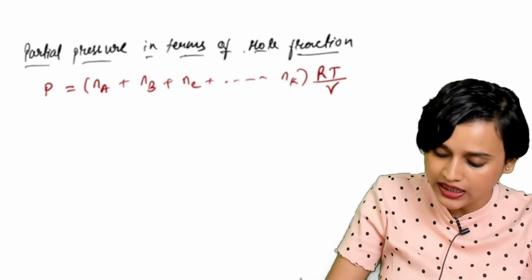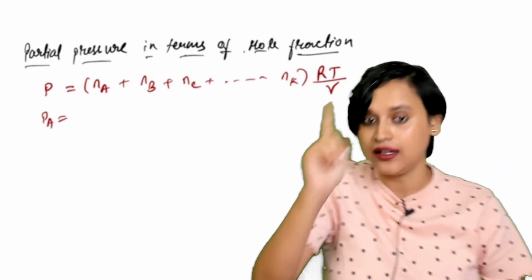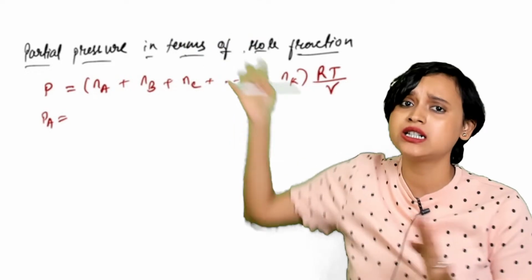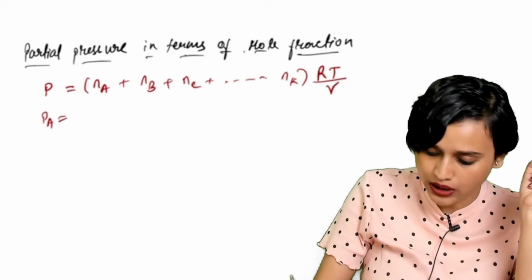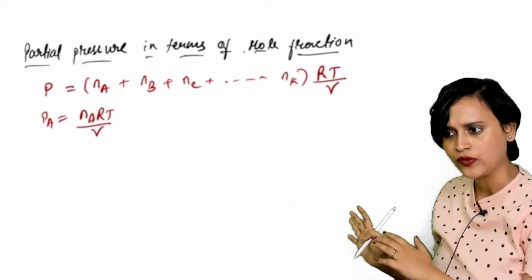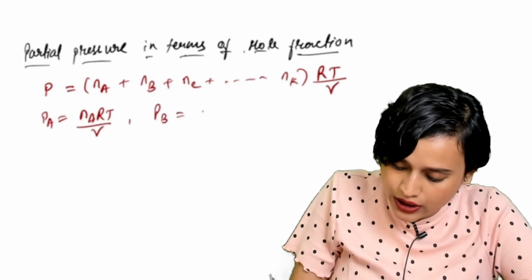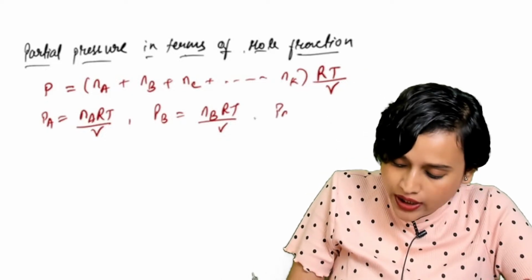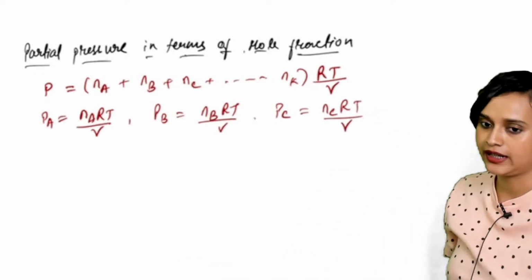So now that means that the partial pressure of gas A. I just told you, we have A, B, C, D, E, F, G, H, an unlimited number of gases. The partial pressure of A gas is equal to nA RT by V. Make sense? Look how we are deriving, everybody. Great. Then partial pressure of B is equal to nB RT divided by V. Absolutely makes sense. What if it is for PC? PC will be nC RT divided by V. Am I right? Very good.